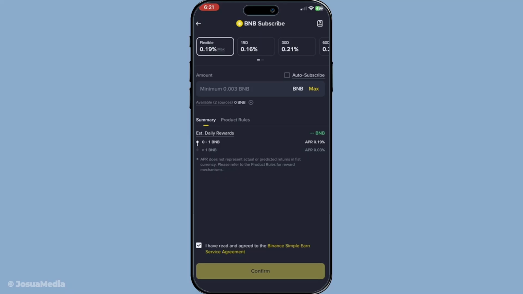And there you have it. By following these straightforward steps, you can easily join an airdrop from Binance's Launchpool, potentially maximizing your crypto holdings over time. I hope you found this guide helpful and that it empowers you to